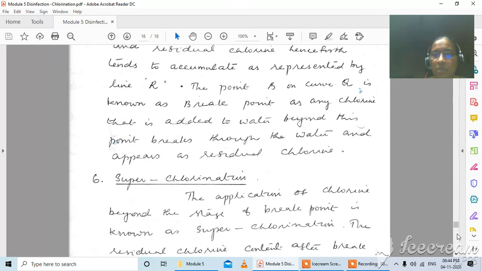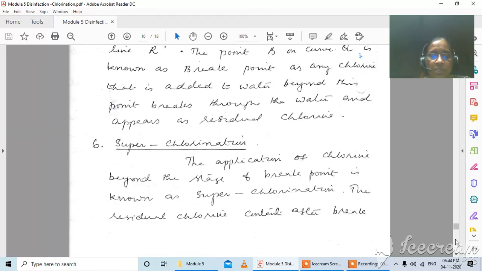Now coming to the next form of chlorination, that is superchlorination. Superchlorination means the application of chlorine beyond the stage of breakpoint. The residual chlorine content after breakpoint